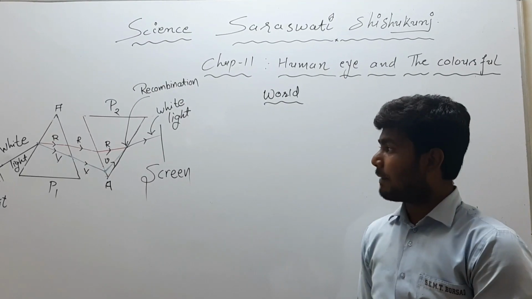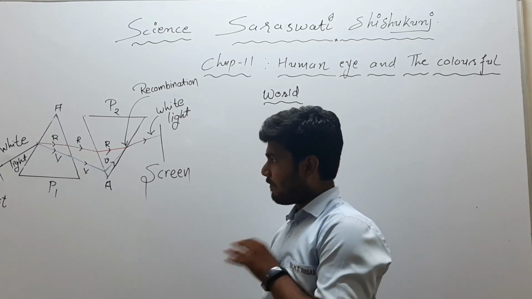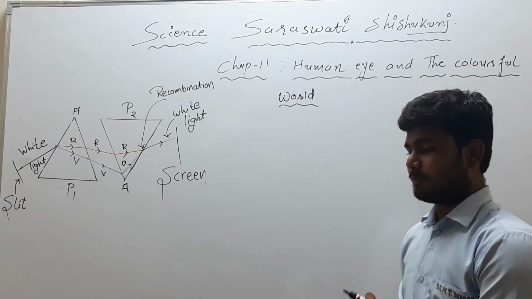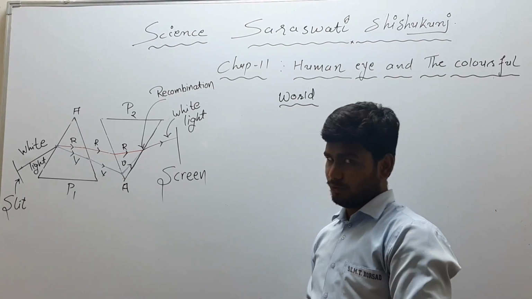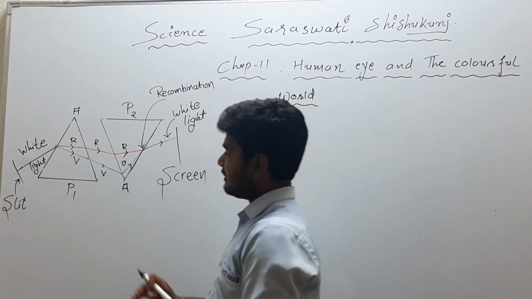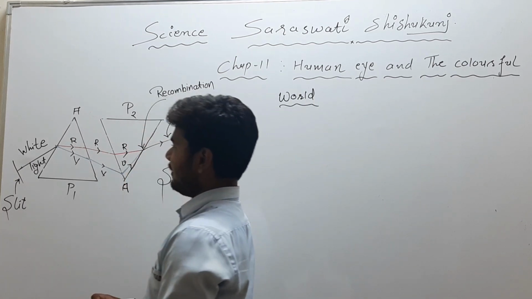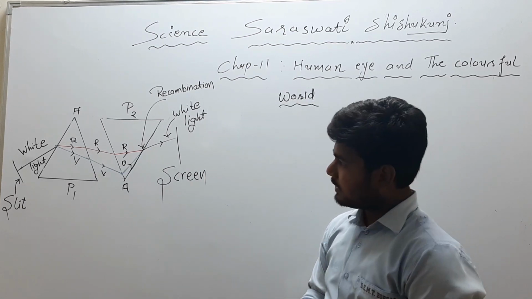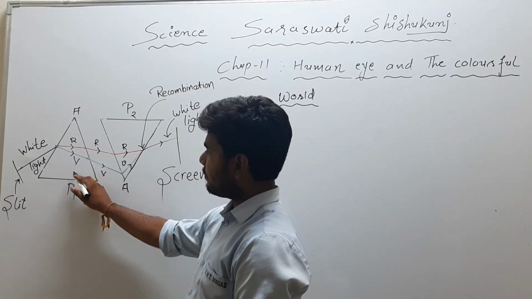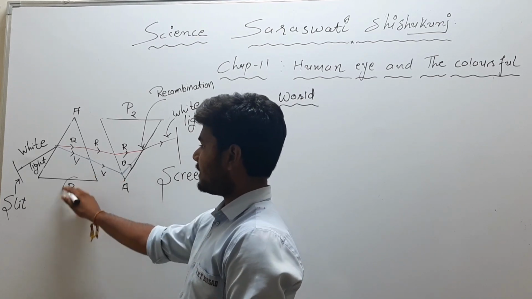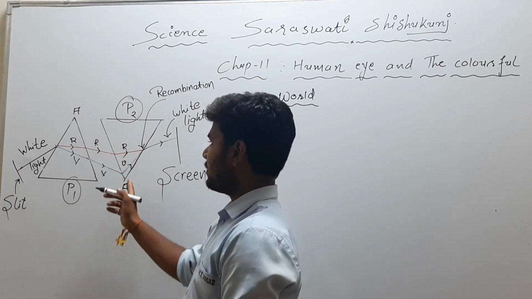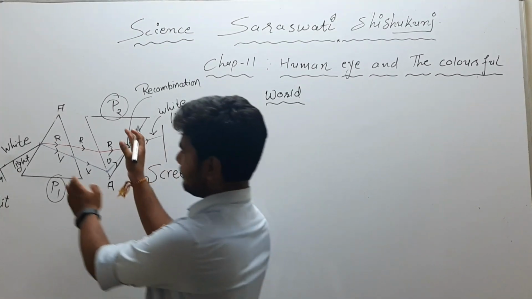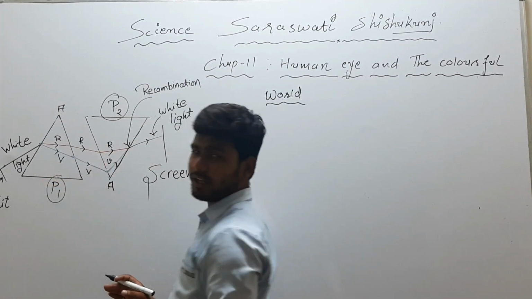As we have discussed dispersion of light, now can we recombine that light? Actually this type of experiment was done by Sir Isaac Newton, and according to that, yes, we can recombine it. What is the condition for it? Here you can see that 2 prisms are taken, prism P1 and prism P2. Both have the same prism angle, and both are kept in such a way as you can see from the figure.